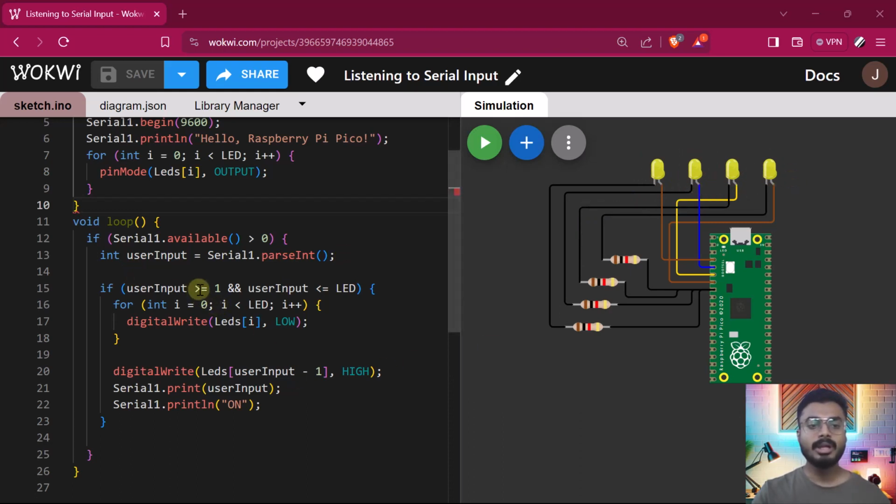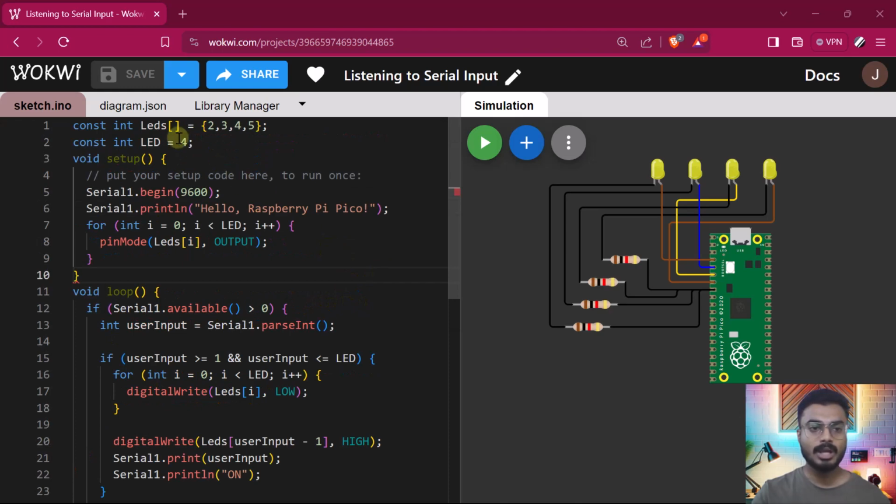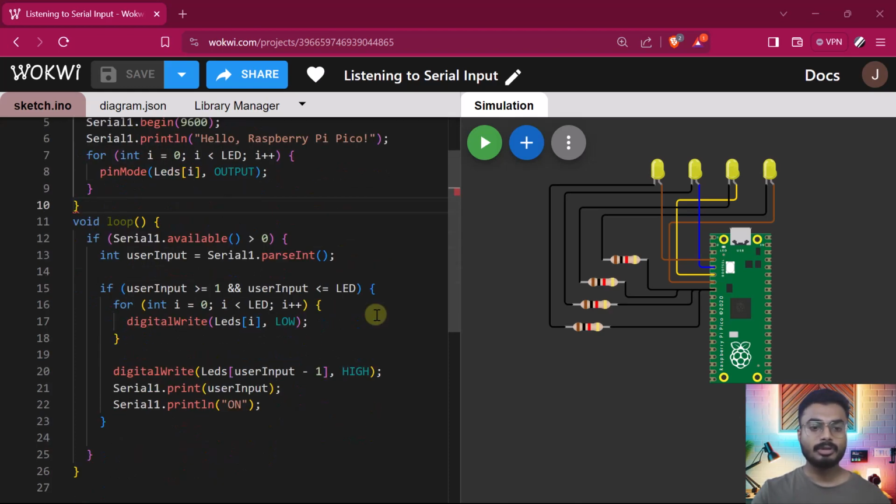So the input should be greater than or equal to 1 and it should be less than or equal to LED. Now what is LED? LED is the number of LEDs that we have declared here, which is equal to 4. So it should be between 1 and 4. Alright, so if it is a valid input, then we come to the next line where we have another for